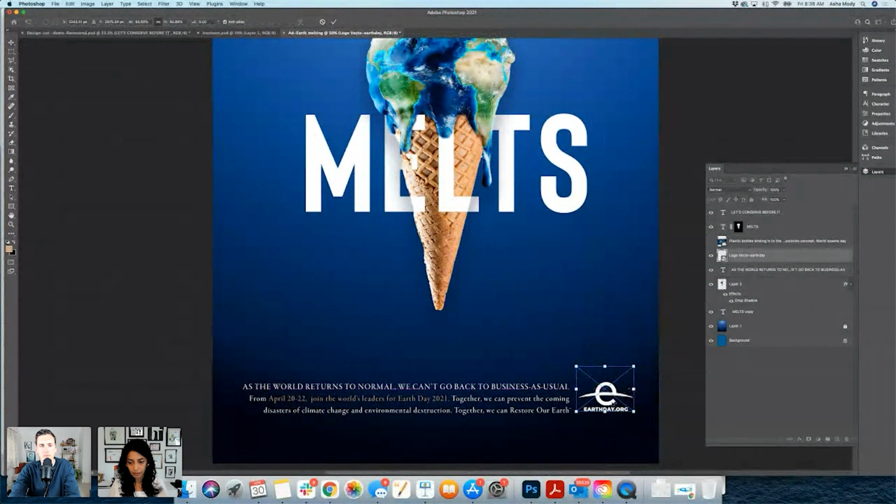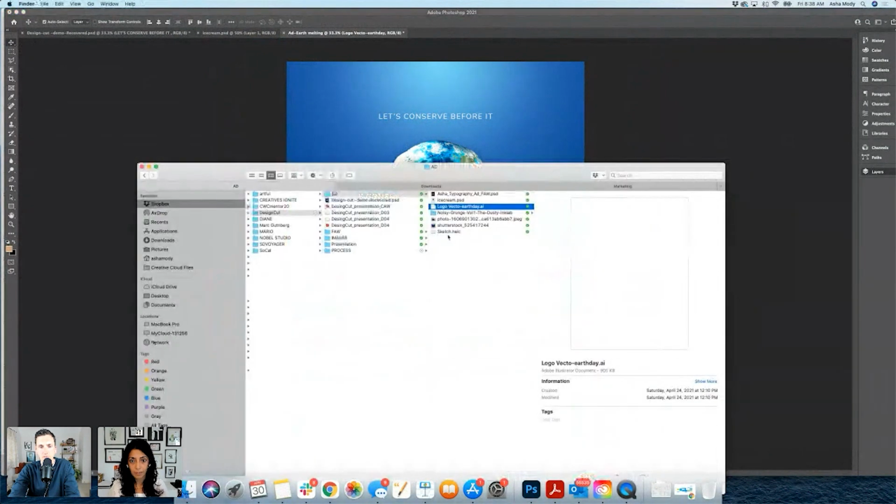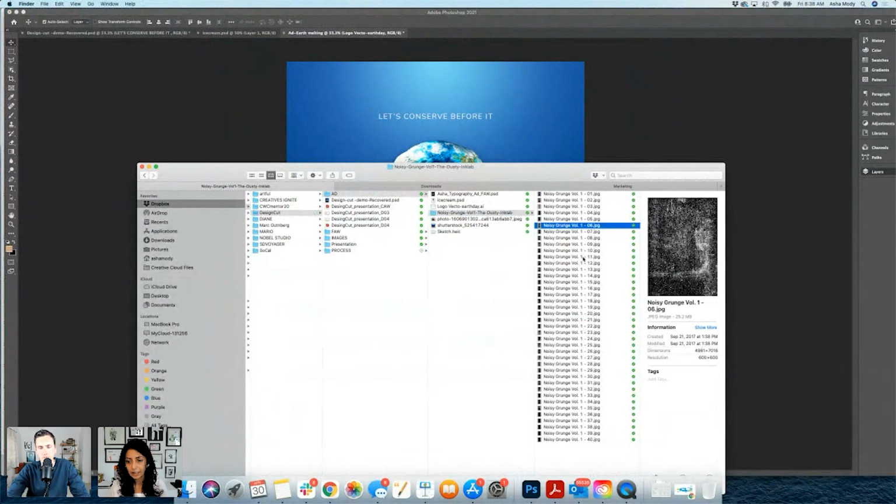But overall, when I'm seeing the ad, it's looking too plain. It's not having a depth. So I want that background to be not that simple, but maybe having a texture behind it, or create more depth. And I was going through some textures, and I came across a very good collection in Design Cut Bundle, the Noisy Grunge. I like that texture because I want to feel more space, not too scratchy. So I'm thinking, okay, I think I like this one, or this one better.